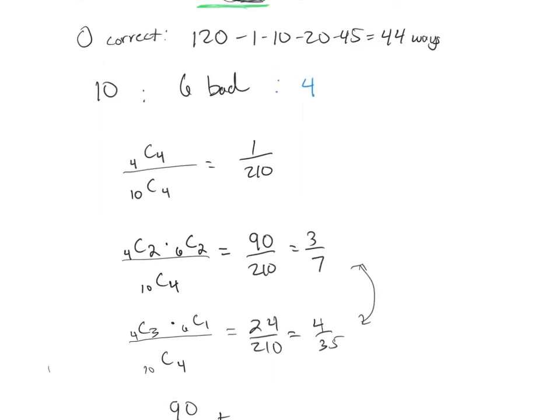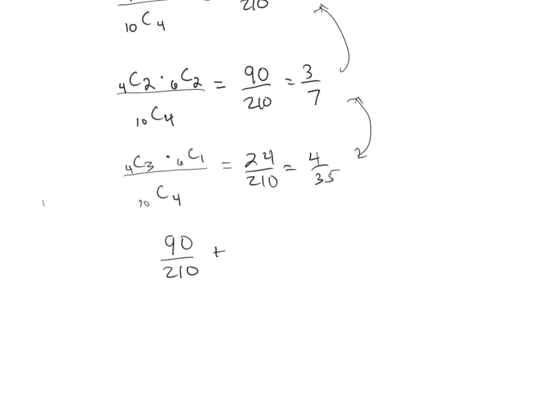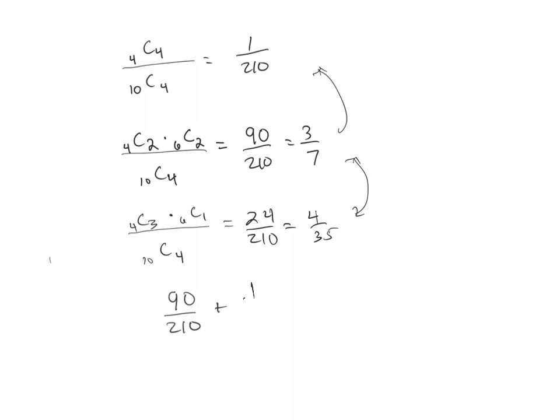That also means we need to add this first one, because we could then have that possibility of all of them being good. So then 1 out of 210 plus 24 out of 210, which will give me, added together and reduced,